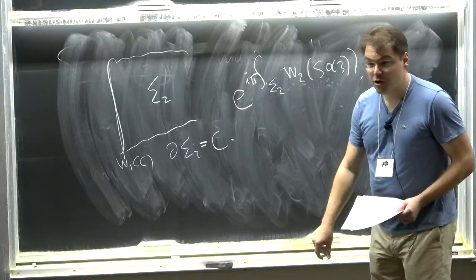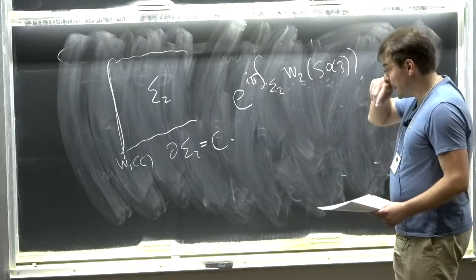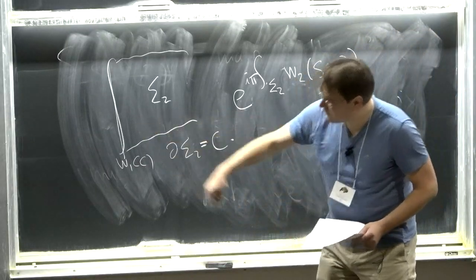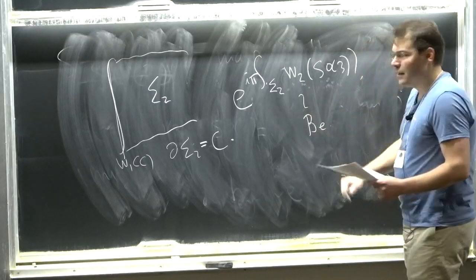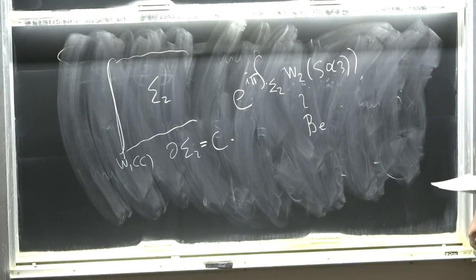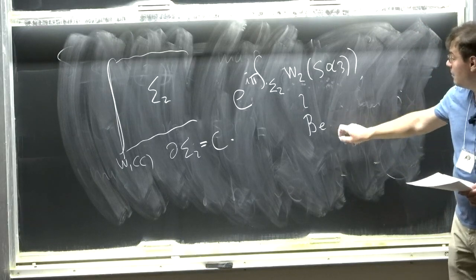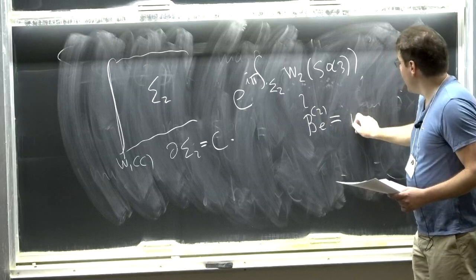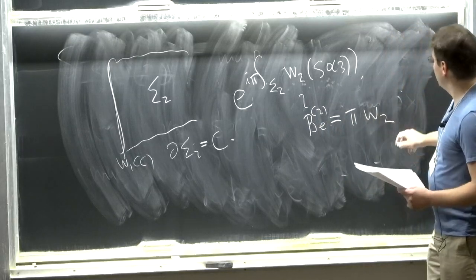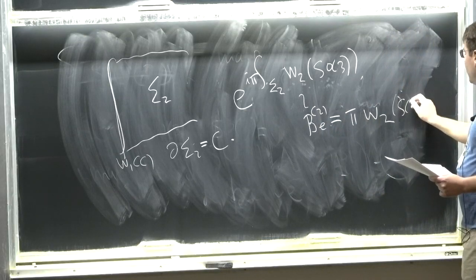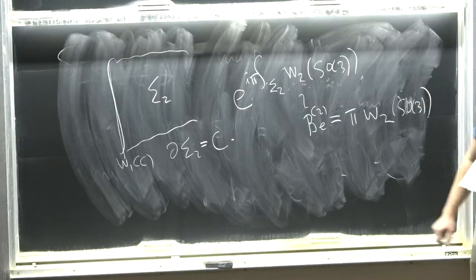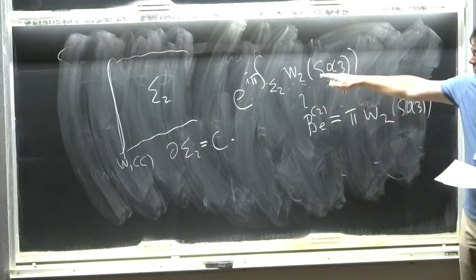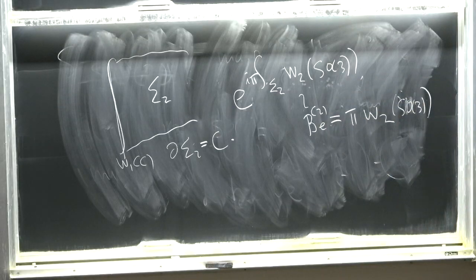Well, this is where the analogy with B electric comes in handy. I already told you that just by virtue of its being a cohomology class, it's tempting to think of this as an analog of B electric. I'm going to make this analogy even sharper by showing that if you plug in B electric equals pi times W2, we should think of this whole thing as being valid in Z2 cohomology, then the way that B electric couples to Maxwell theory automatically implements this attachment. Okay, let's see how this happens.